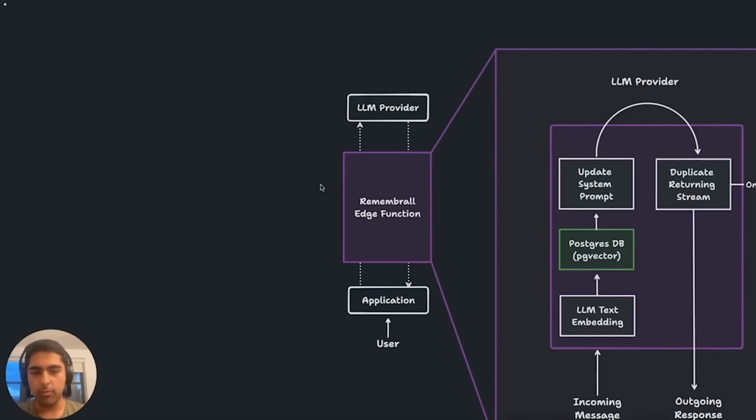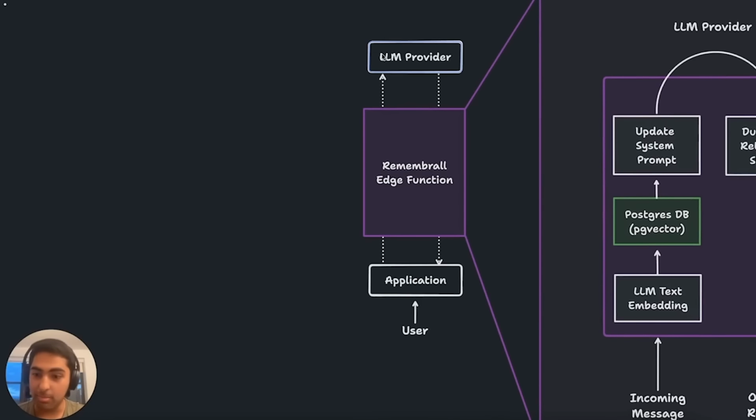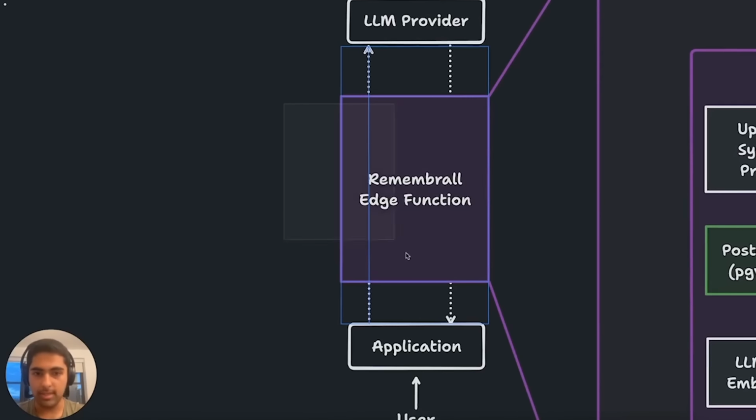So this is the highest level overview of what's going on behind Rememberall's proxy. A user on an LLM powered application will make a request, and instead of going straight to OpenAI or Anthropic or any other LLM provider, it'll instead be routed through Rememberall's Edge function. This Edge function will basically insert some extra special context. It'll go back to the LLM provider, and then the returning request is going to go again through the Edge function and be passed back to the user. And the advantage of doing this on the edge is that we can make this edge code run really, really close to wherever the user is and reduce a lot of the latency that comes from these messages traveling long distances.